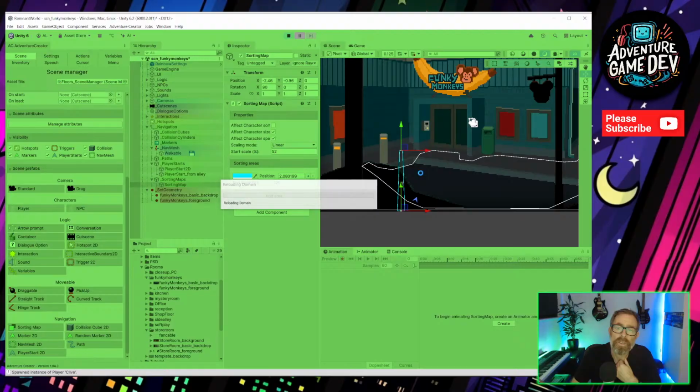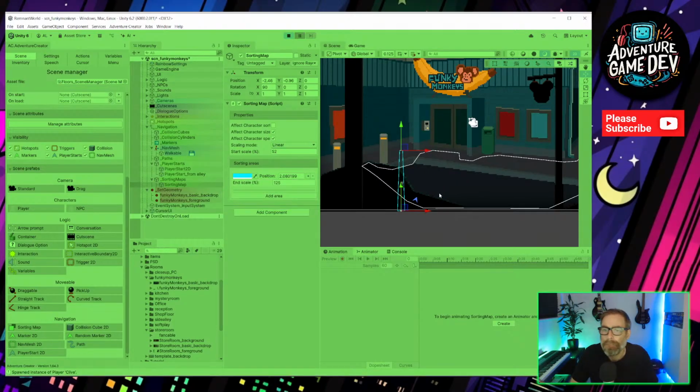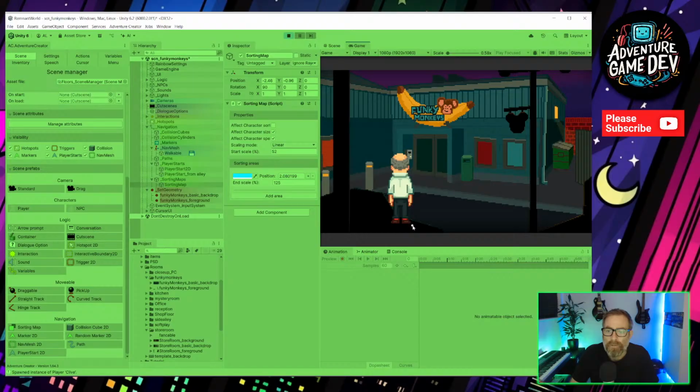So let's click play and have a look. See how big he is when he arrives. Oh, we haven't set the layers of the foreground and things yet either. So he looks a bit big there. Yeah, so he needs to be a little bit smaller here, like he's just got out of the car.